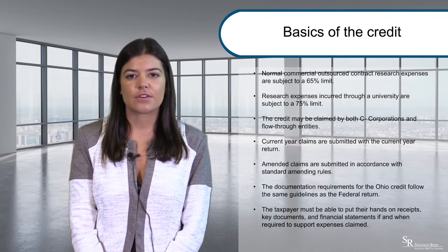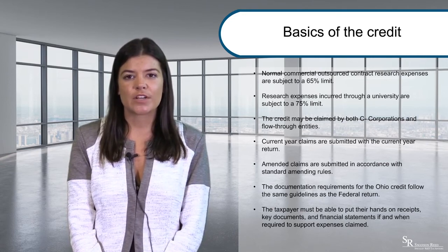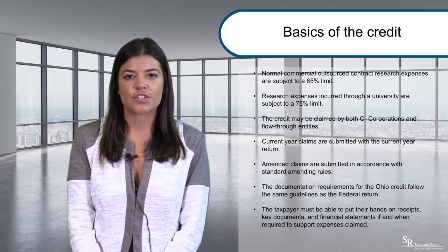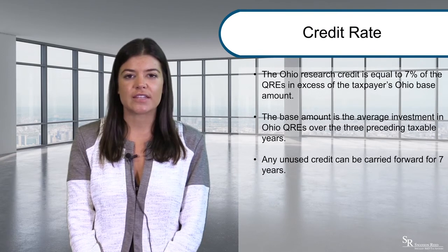The documentation requirements for the Ohio credit follow the same guidelines as the federal return. The taxpayer must be able to put their hands on receipts, key documents, and financial statements if and when required to support expenses claimed. The Ohio Research Credit is equal to 7% of the QREs in excess of the taxpayer's